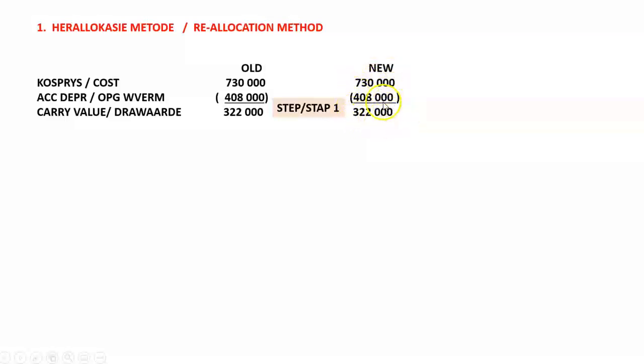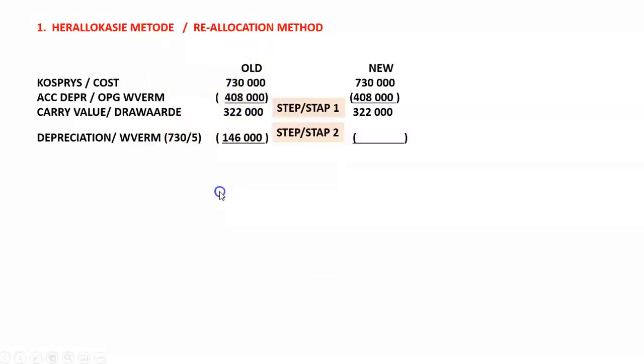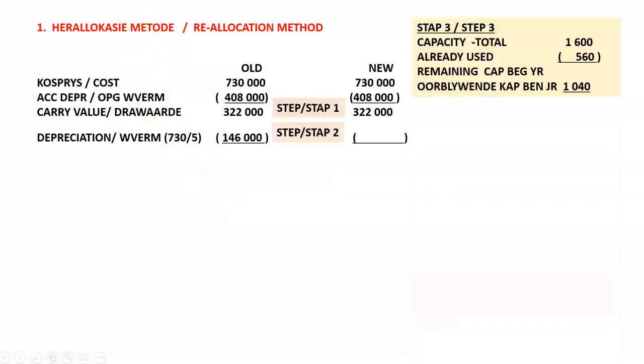I can just start here with 322,000. Step 2 was to calculate depreciation based on the old way for the current financial period as well. So I've written it off over 5 years. That would have given me 146,000 Rand depreciation. Now, step 3 says,